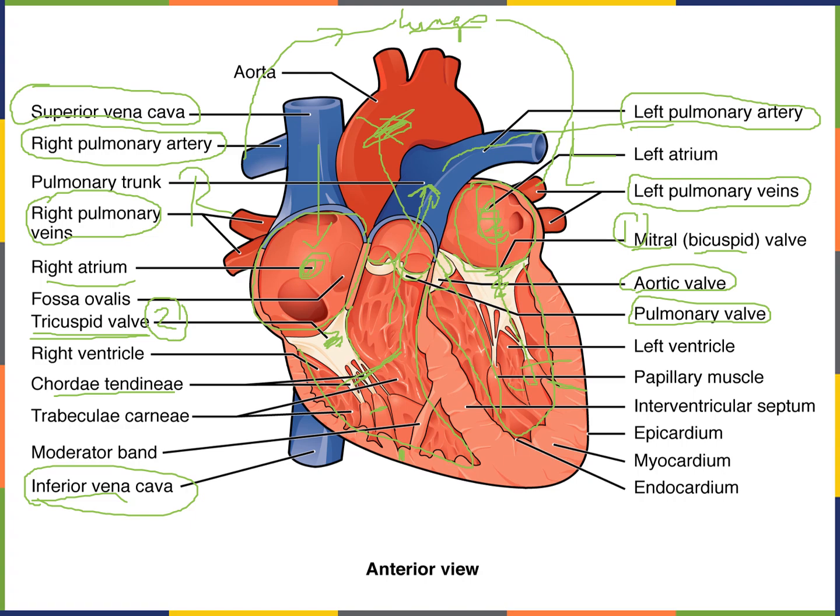So that's the basic layout. Now, you want to appreciate, because I had said earlier that blood in the right side of the heart does not mix with blood in the left side of the heart. So the division is an interventricular septum. It's a wall. That's what septum means. It's a wall. So this wall here, which is important,